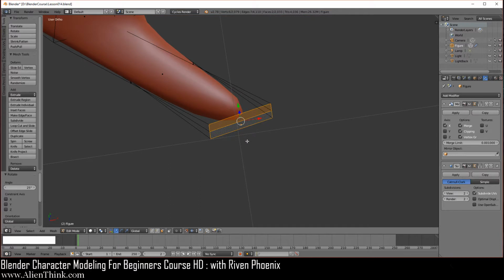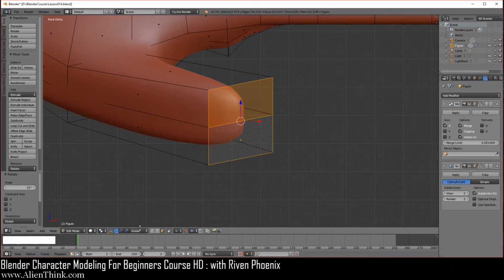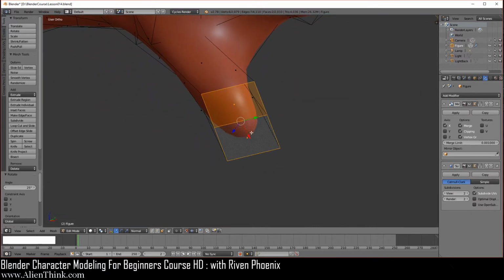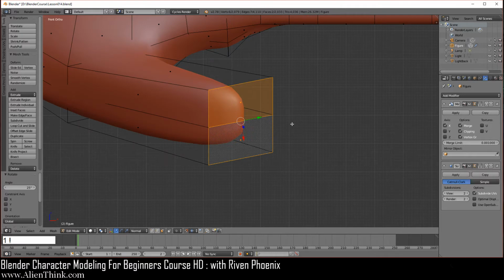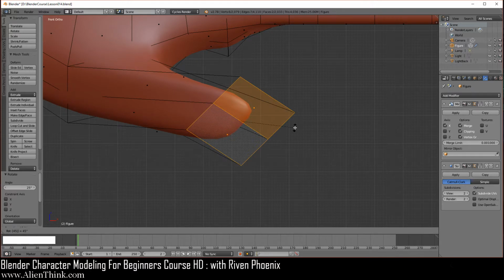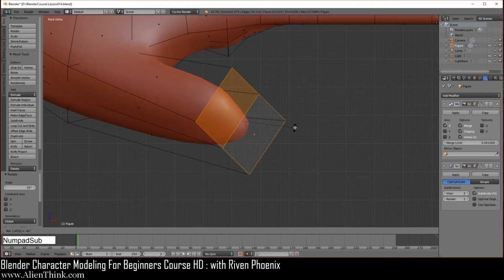So go to your front view by pressing 1, and then over here we're now going to choose normals. Okay, now I'm just going to show you, if you look with your middle mouse button, you can see that the x-axis is what we want to rotate on. Okay, so if I press the 1 key to go back to my front view, and press the R key, and then type in 45, and then the minus sign, you'll see that it's not rotating correctly, right?